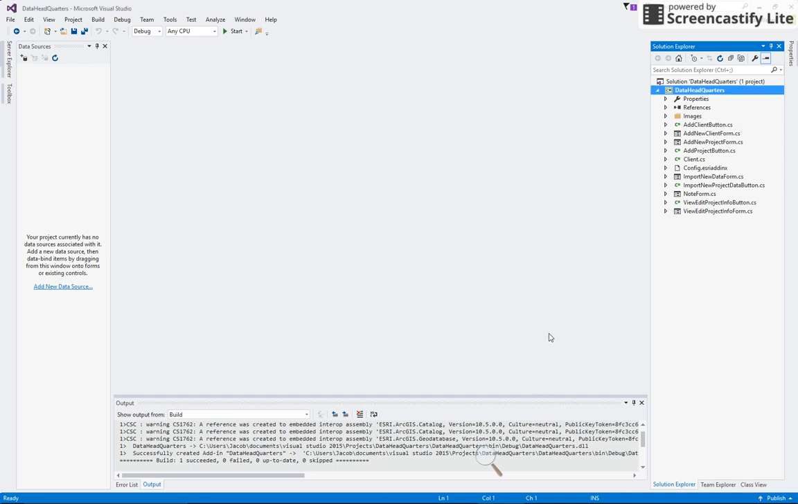So this is going to be a quick look at the actual internal coding for the data headquarters art catalog add-in. I'm in Microsoft Visual Studio, and all the coding was done in C#. So if I look over here at the Solution Explorer, here's my solution, data headquarters, and I start to see these C#